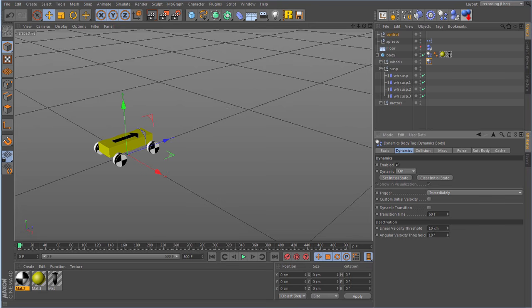So if I just change these values to 0, obviously you can't go less than 0, and I'll do the same for the body, it's probably not essential. That means that when the vehicle stops, although its speed is dropping below 10, it's not going to drop below 0. Like I said, you can't drop below 0.